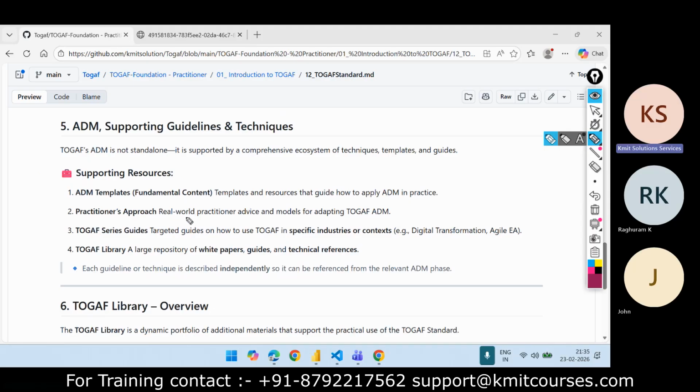First one is the TOGAF fundamental content documents, which you can say are the ADM templates. For example, you are creating one application, which is my CRM application, and there is another, the customer care application. How is the CRM application going to communicate with the customer care application?